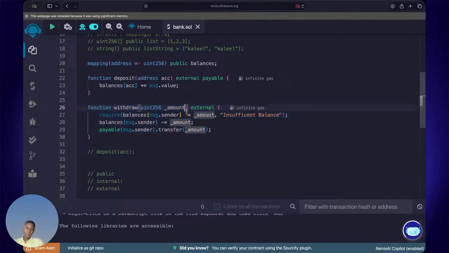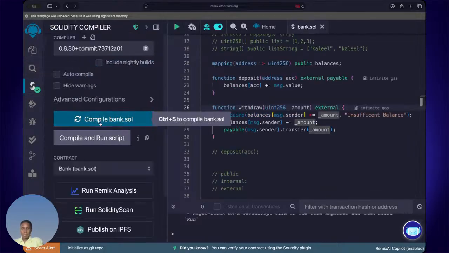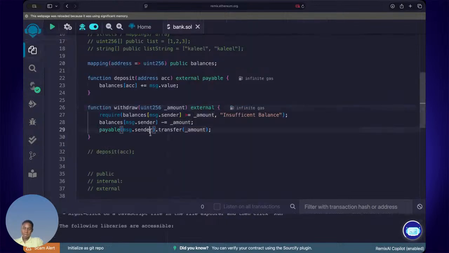As you can see, all of this is okay, and we are not getting any error. In order to verify that, let's just compile this. You see, yeah, successful. So we can check this auto compile. Whenever we make any changes, it will just auto compile the contract for us. Now we can then proceed to